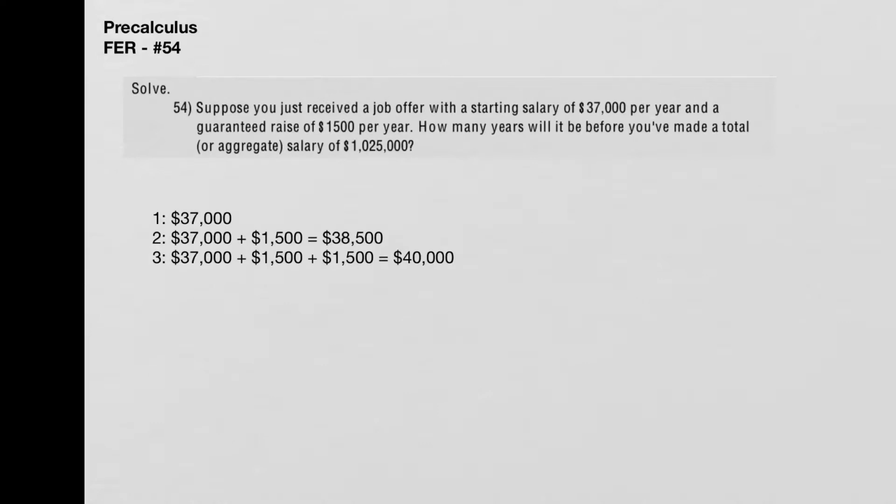Looking at just the first 3 years, we have a starting salary of $37,000. Then there's an increase of $1,500, so the second year you're making $38,500. And then in the third year, we've got the $37,000, the original, plus the raise from the previous year, plus the current raise, and that brings you up to $40,000. So this is an arithmetic sequence, and I can write the formula for the nth term of the sequence